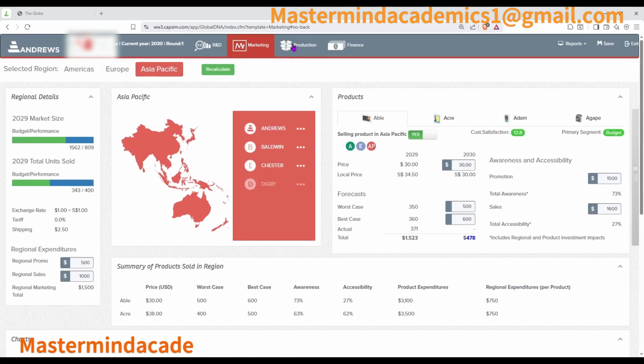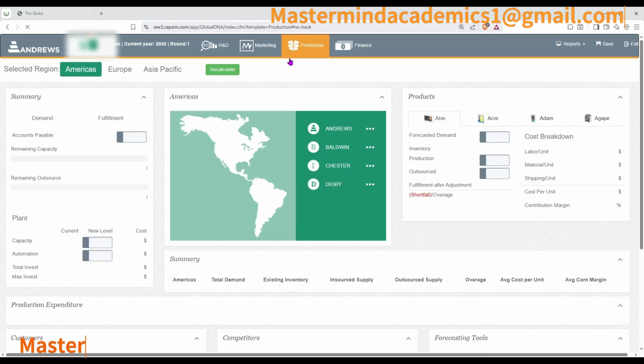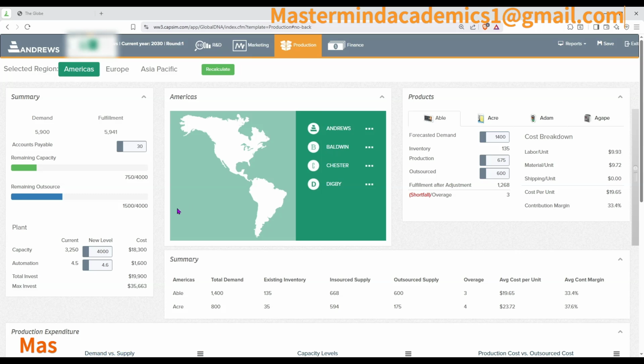Next department is production. In production, we are simply responding to what we forecasted. So we are responding to the forecast. So under